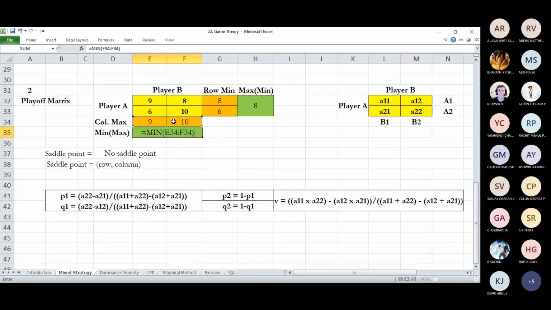These two. Right. So 9 and 8. So maximum is not equal to minimax. So there's no saddle point, and it's a mixed strategy. Right. Say we'll be finding out